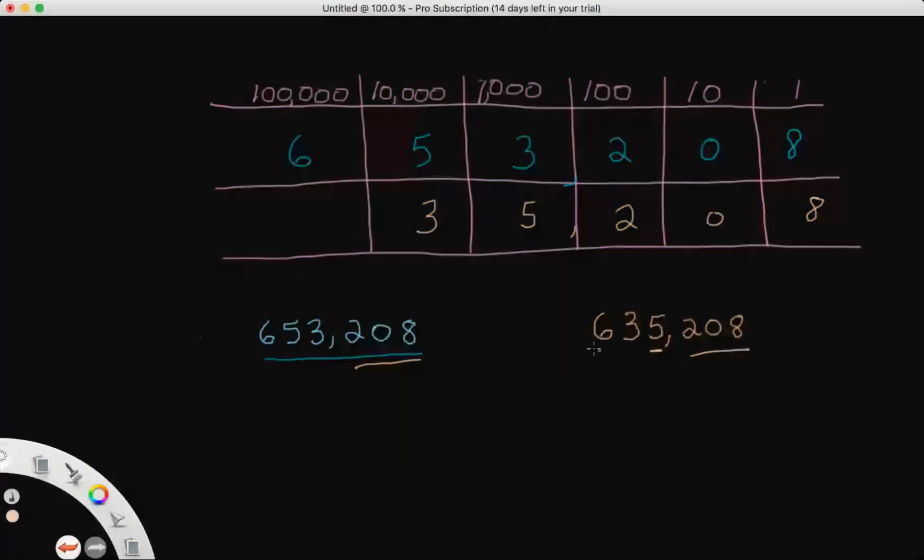So I'm going to go over and I notice, aha, it's a 6. It's the same. So when I'm looking at it, I know that my higher place value spot, that 10,000 spot, is going to increase the number by quite a bit on this one. In fact, it's going to be 20,000 greater in that spot. So now I'm going to use my symbols. 653,208 is greater than, so I'm going to make the greater than sign,